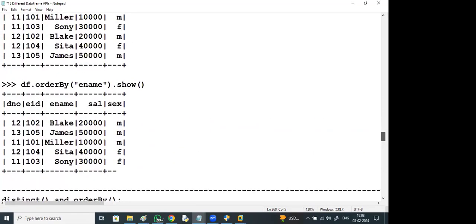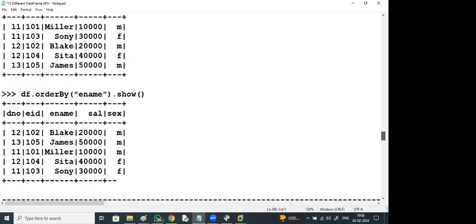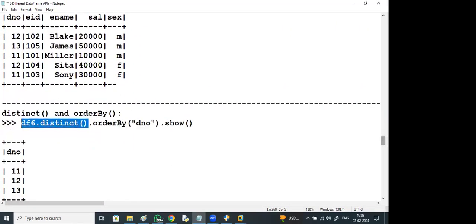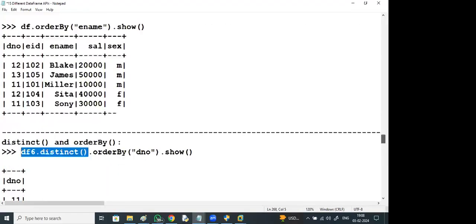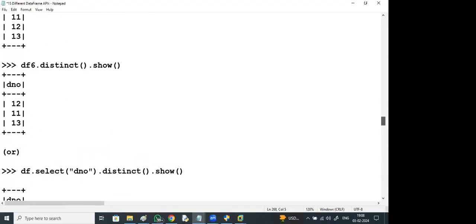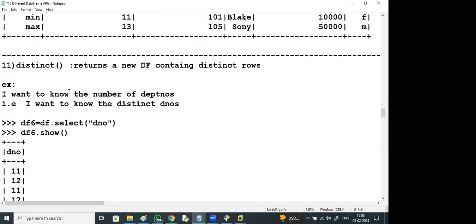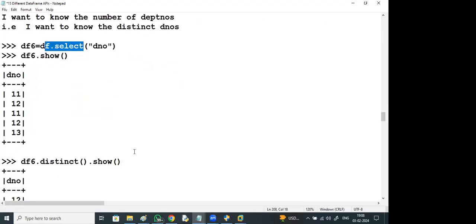See here, distinct can be applied on a data frame. Suppose 11, 12, 11, 12, 13 are there. 11 repeated, 12 repeated.